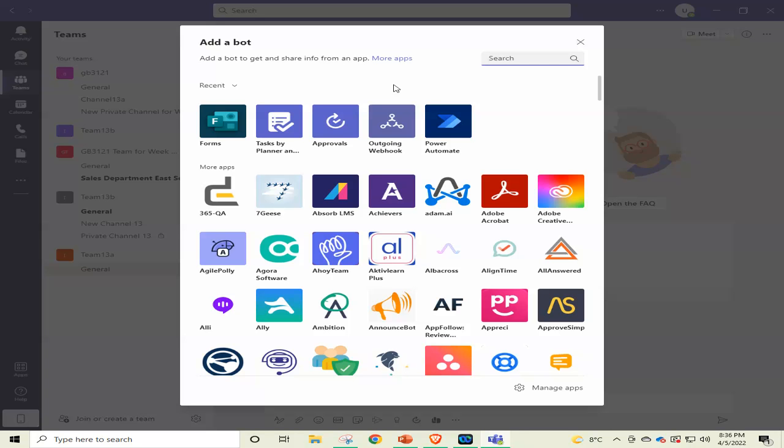So we can see, let's try any of those. For example, Forms is from Microsoft, Power Automate is also from Microsoft. Let's click on Power Automate, see what happens.